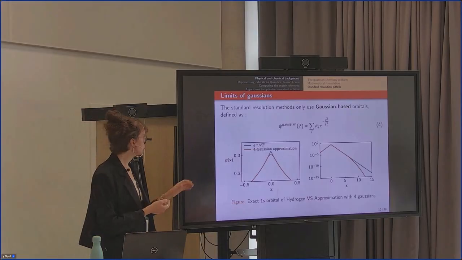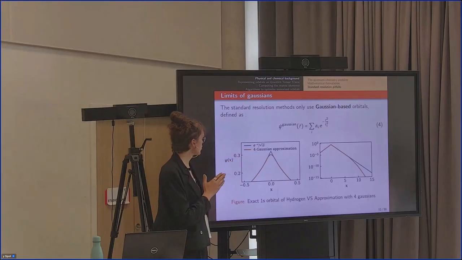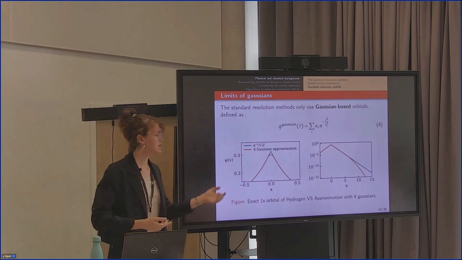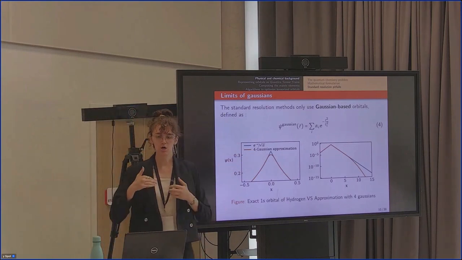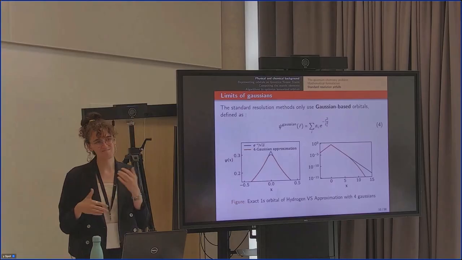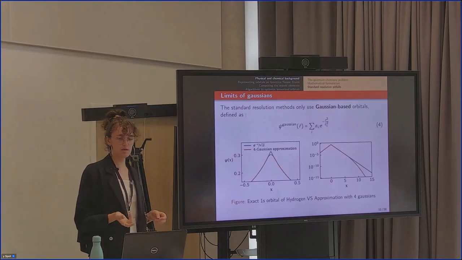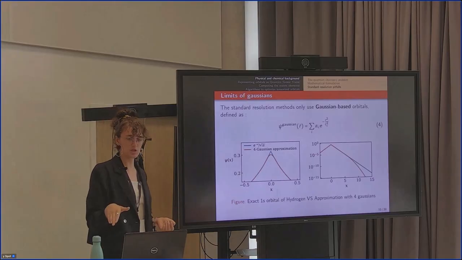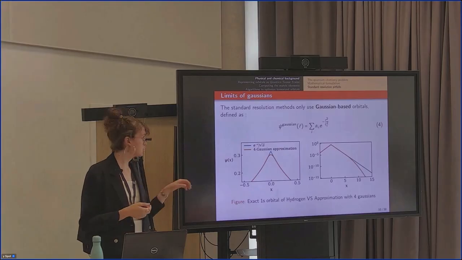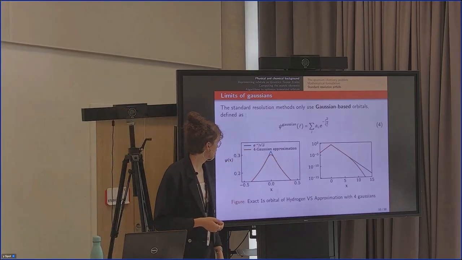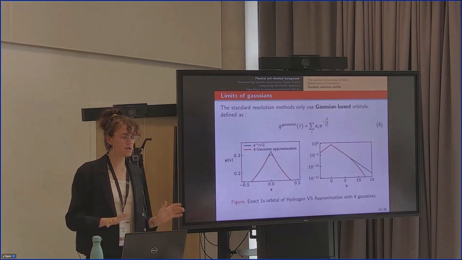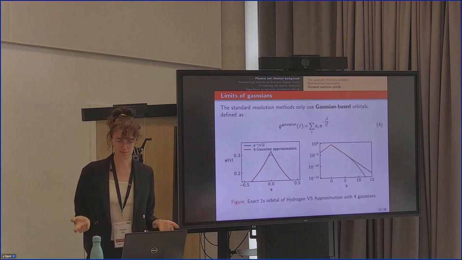First, the cusp. Close to the origin, we want a cusp, so a pointy bit. But Gaussians, even if we put a lot of them together, here it's an example with 4 Gaussians put together, we manage to have an okay approximation, but still there is no cusp. And also, and somehow more importantly, the tail will be different, because for exponentials, it's a linear tail in log, but for Gaussians, however many Gaussians you put together, it will drop quadratically in log scale. So this means that you can put a lot of Gaussians together, have a large basis set, but still the orbitals you use will be flawed and you will pay this price at some point.